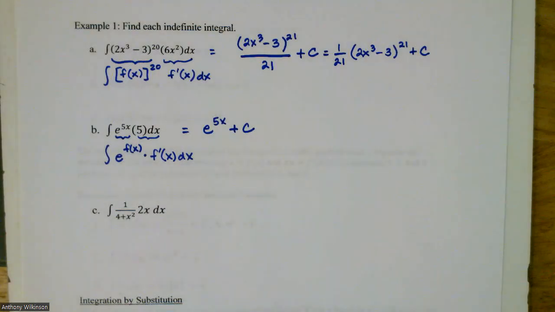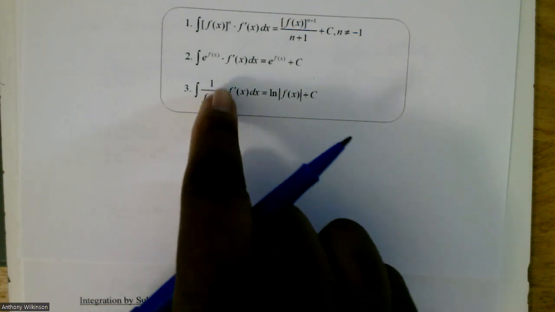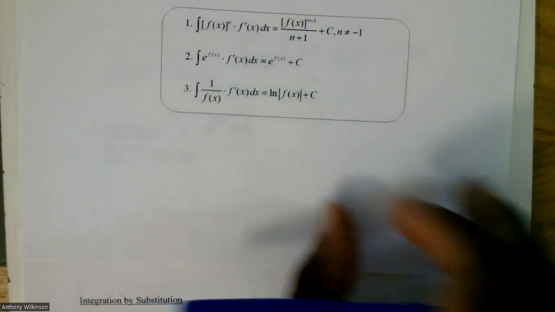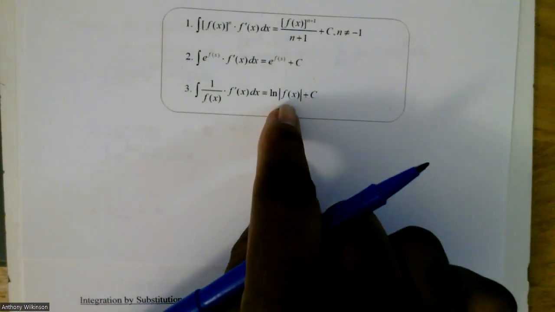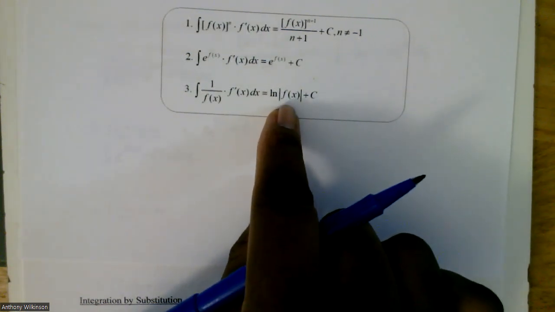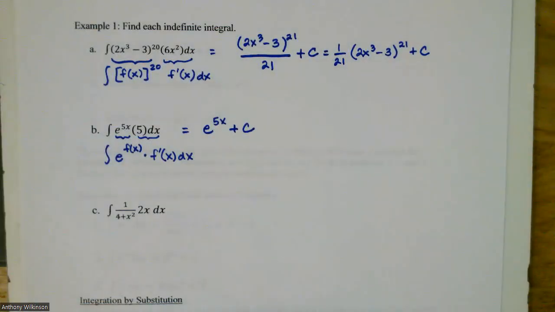All right, now part C, we got the integral of 1 over 4 plus x squared times 2x dx. Well, that follows rule number 3, formula number 3. The integral of 1 over f of x times f prime of x dx. That would be the natural logarithm of the absolute value of f of x plus c. So in this case,